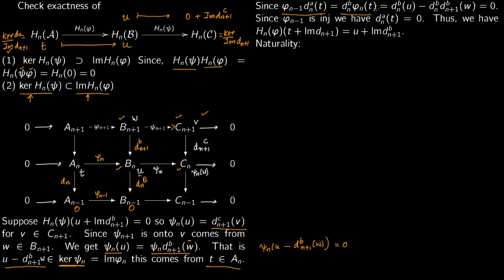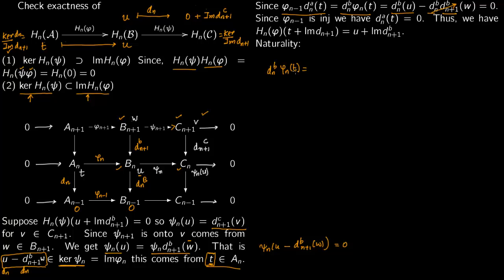So instead of going from here, you're going via here. Instead of phi n of t, you know that this phi n of t was essentially this. So this is what we lifted to t right here. When you apply phi n again, you should get this thing. So phi n of t now becomes this map, and then you apply d n b to it. So again you're applying d n here and then d n right here. So this is d square, this will become 0 automatically. Now you are left with this d n of u, but d n of u is 0. This is how you started with. So d n of u is 0,